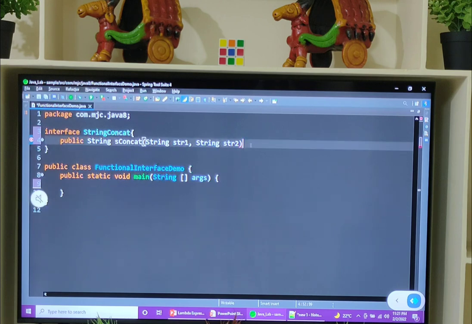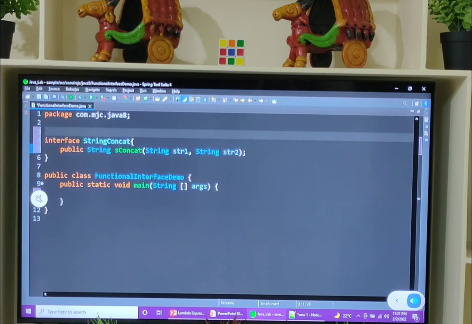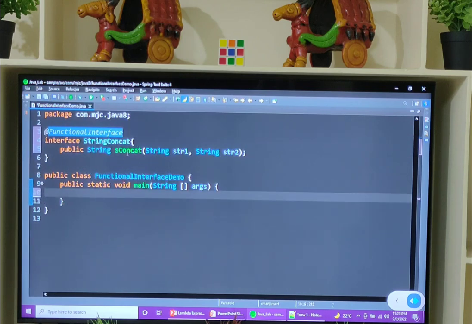This is an abstract method, and in order to designate this as a functional interface, you need to write @FunctionalInterface. Let's provide implementation to the concat abstract method using a lambda expression.